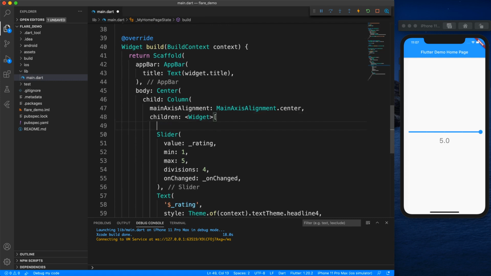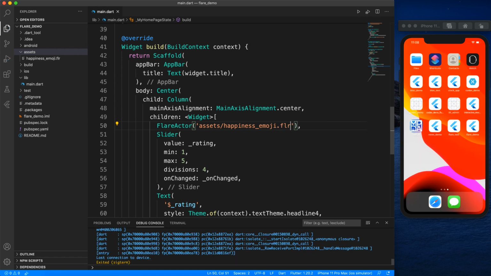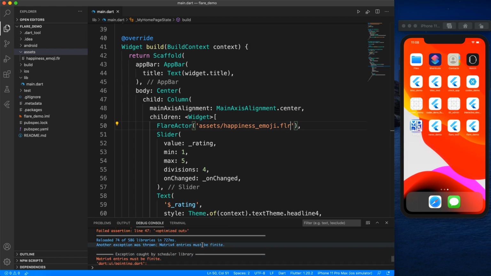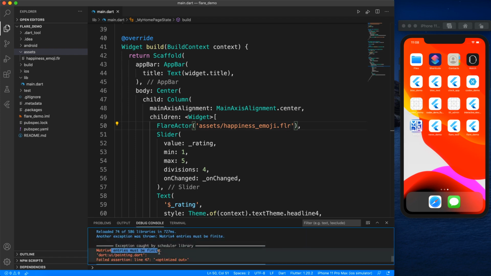Now let's add a FlareActor. FlareActor is something which will play your animation, and here you have to provide the path where your flare animation resides. So this is the path. I will say assets/happiness emoji.flr file. Okay, and then you will see that some exception happened, and the reason is there's no finite height,